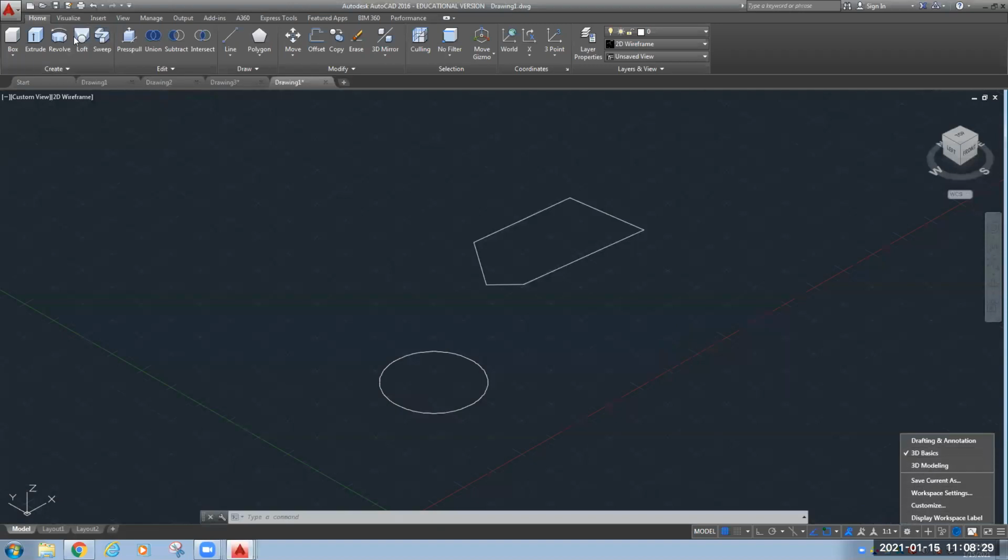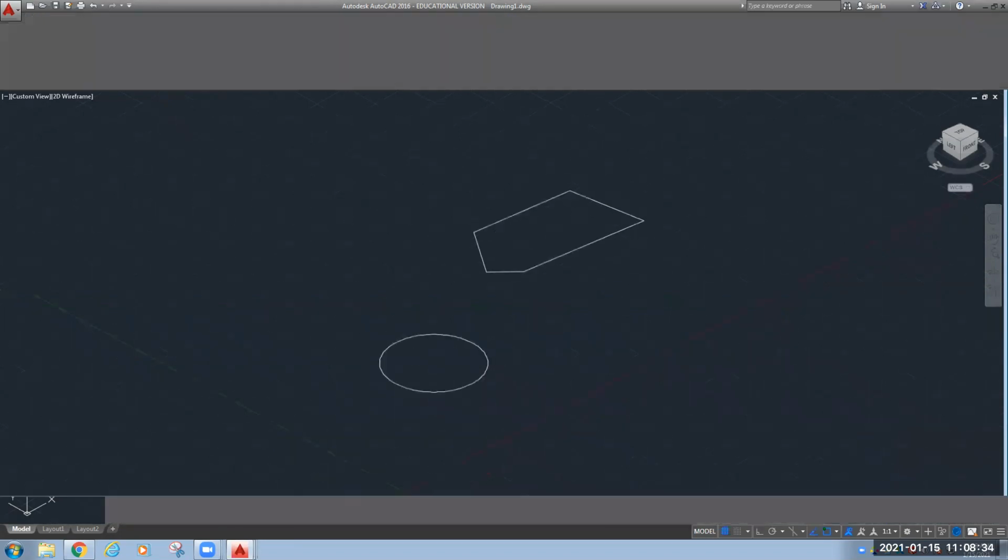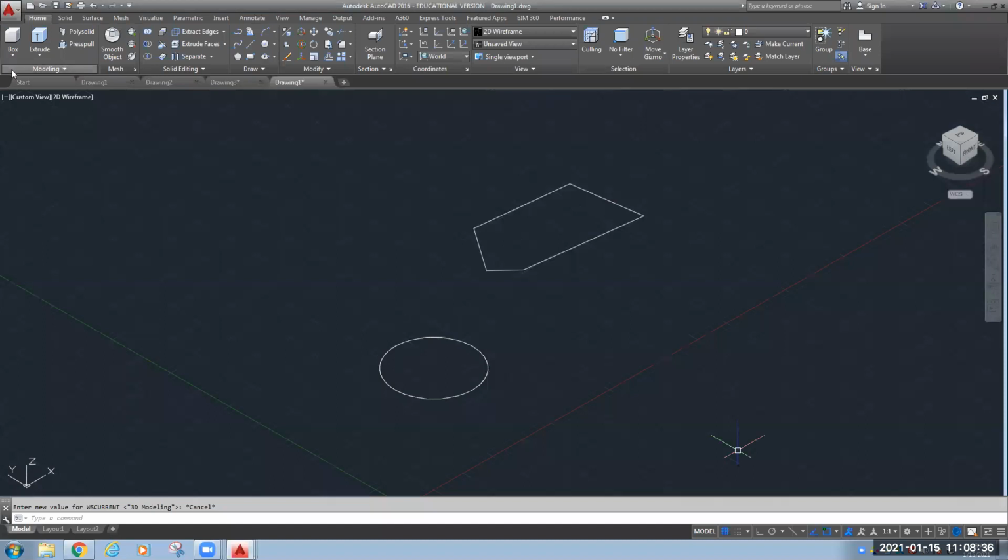Basic, you have 3D commands. If you are switching to 3D modeling,